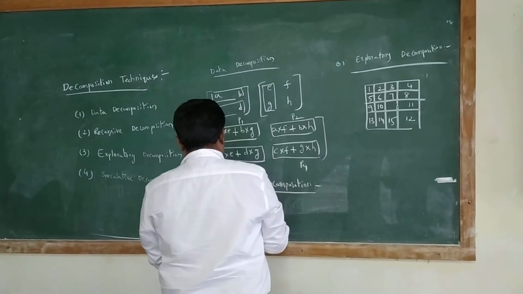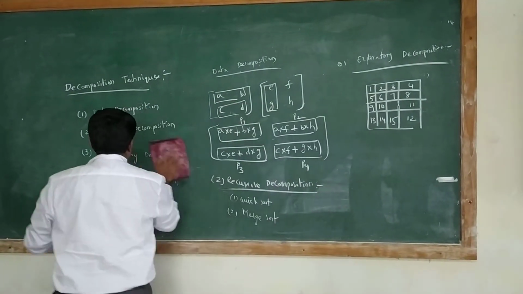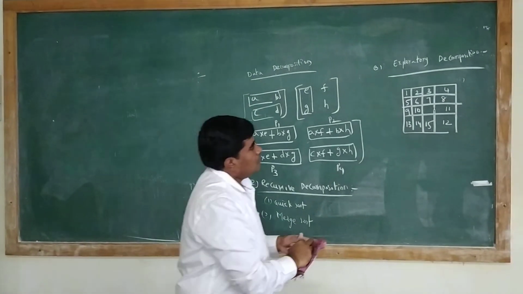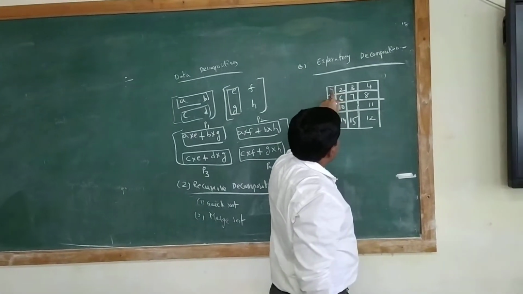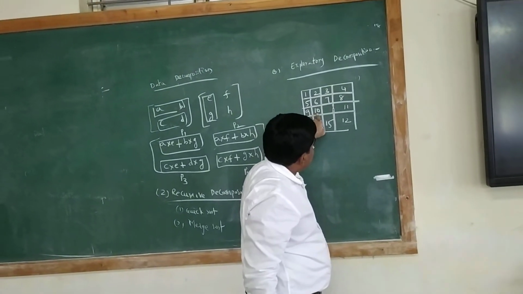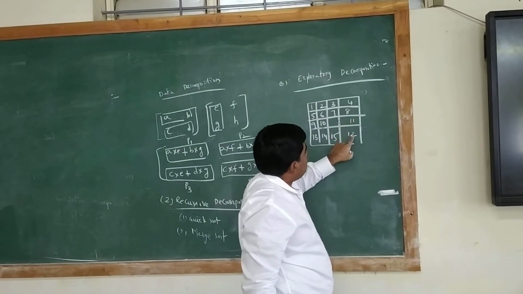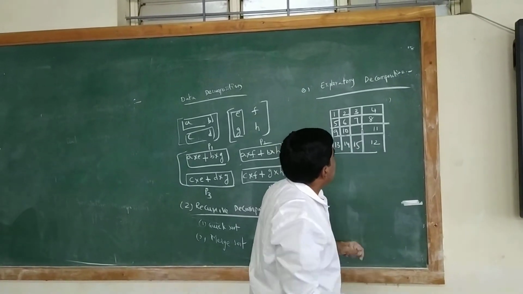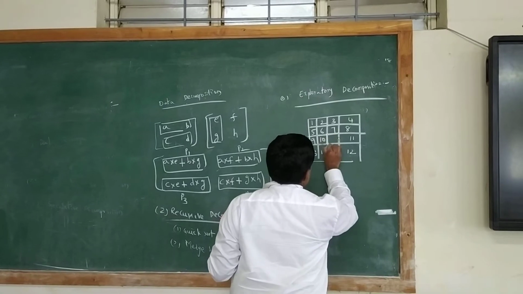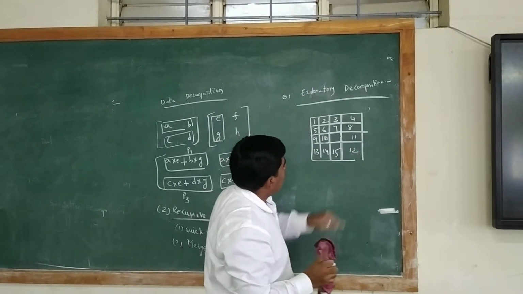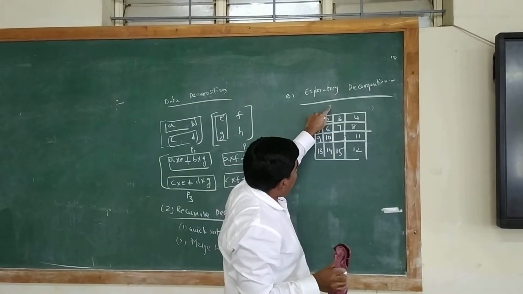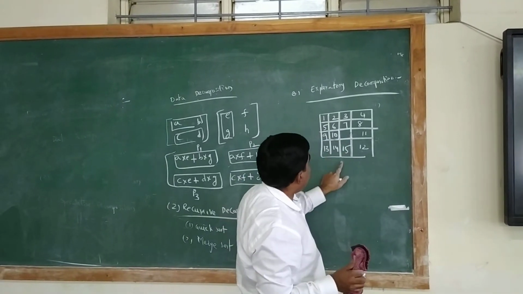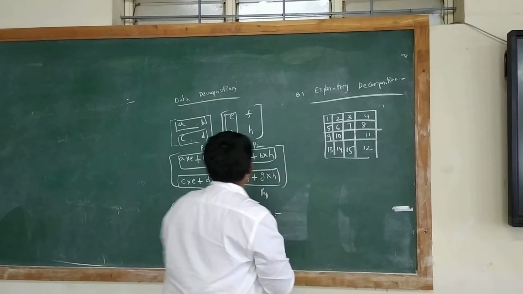How can we apply this? Here elements up to 10 are in sequence, and 11 is there, and 12, and 13, 14, 15. So for this, what we have to do? Whatever the block is there, we have to move this block upward, downward, left side, and right side.